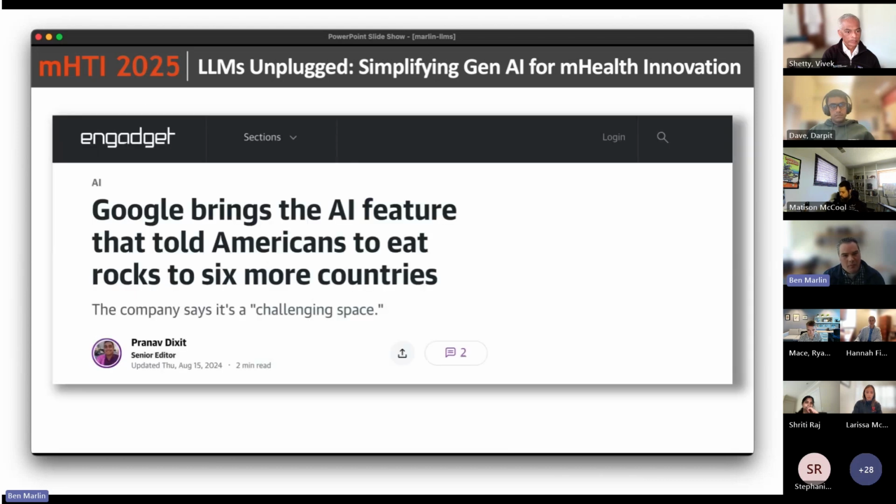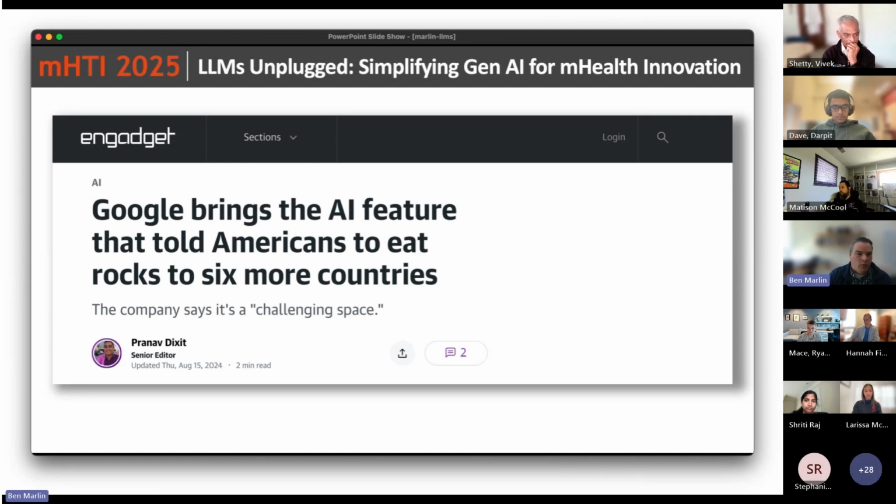There are some examples from the last year. This is from the end of last summer. When Google introduced AI summaries at the top of its search results, some pretty strange things were generated in the first couple of weeks. There was one set of recommendations where the model was telling users to eat rocks to improve their vitamin and mineral consumption. There were several other strange examples that came out from that particular application. In lots of cases it was correct, but there were corner cases where it was doing strange things in response to routine queries.